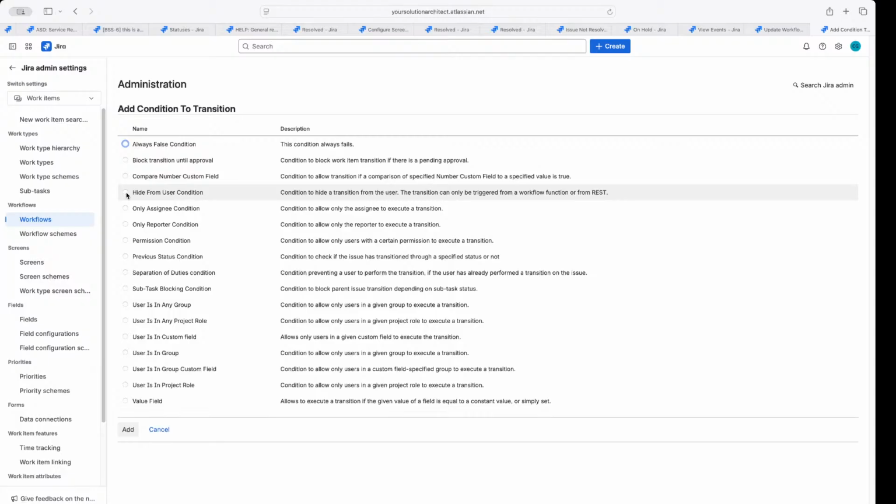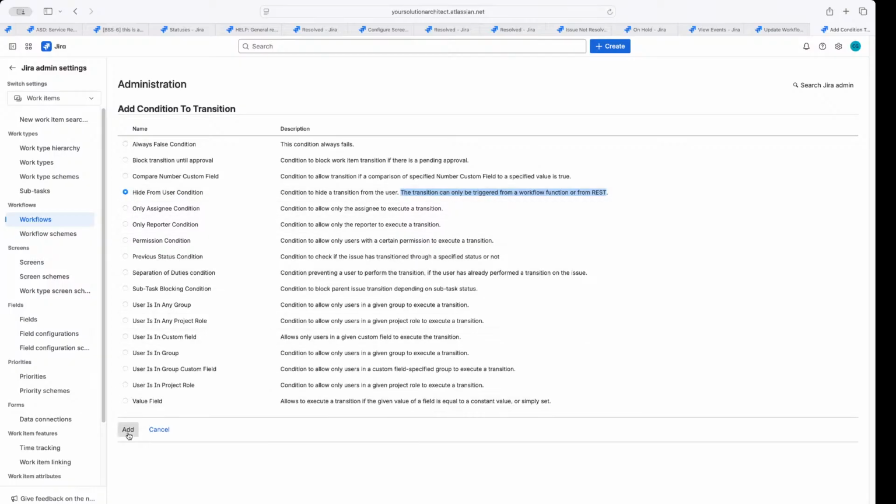We don't want users to beat the auto-assigning automation and move the status, okay? We might want to just completely hide this transition from the users altogether. You can do that by clicking hide transition. So that won't be available on the selectable list, but your automation will still be able to